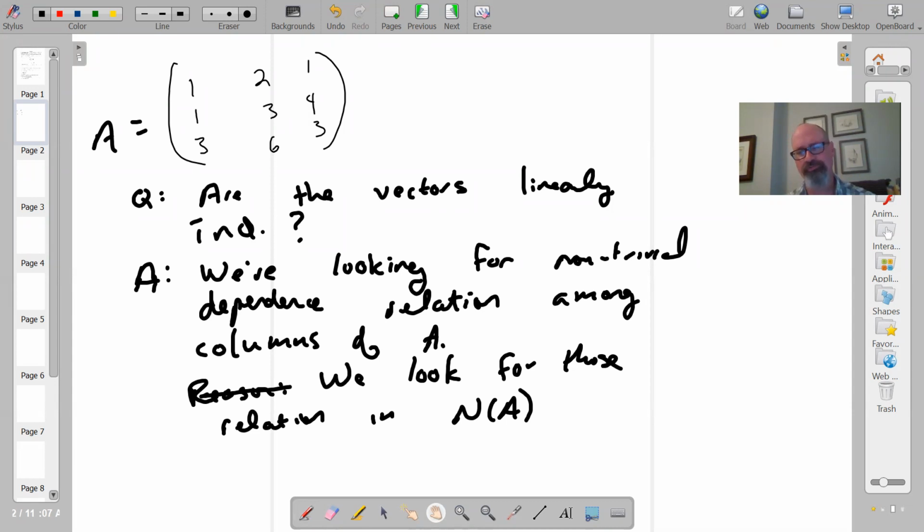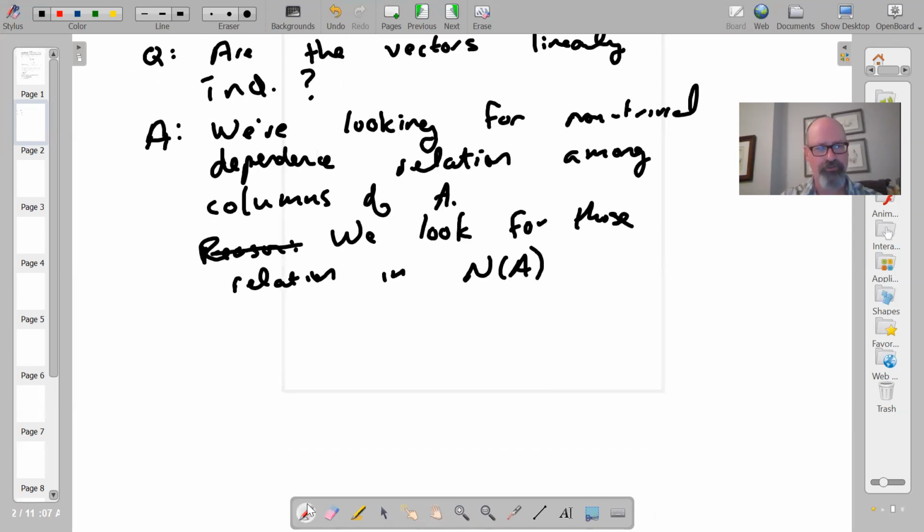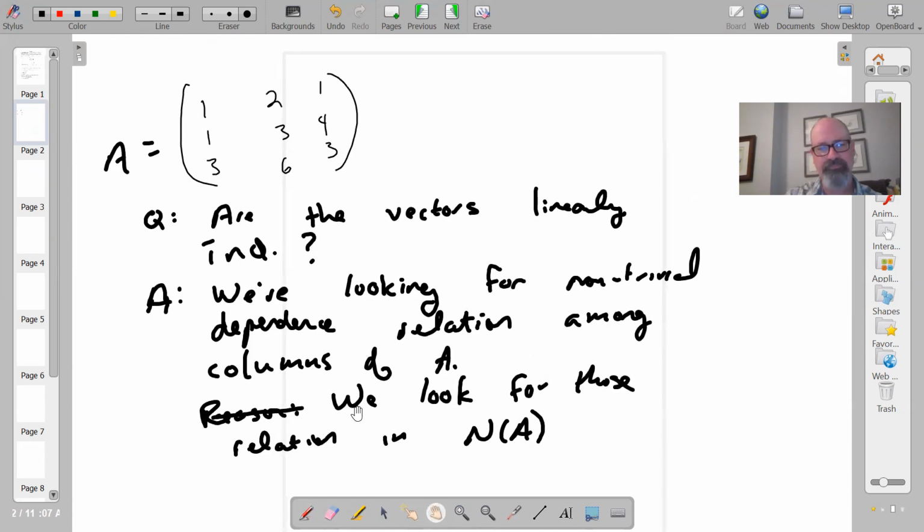When you row reduce and put this matrix A into reduced row echelon form, you immediately see that the matrix has rank 2, which makes you think the columns are linearly dependent, and that's what most people are writing. In the solution I'm about to give, I'll want to exhibit a dependence relation so you can see how you might write one of the columns in terms of the other two.